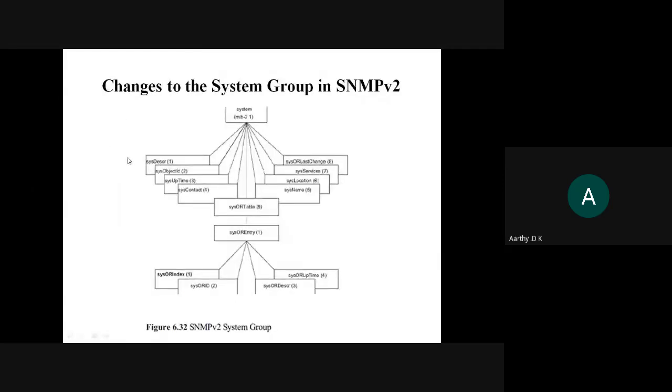And the next one is the same changes that we have. As I told you, we have 11 groups that are added in MIB2, right? So in MIB2, we have 11 groups. In that, these were already available. So 1 to 8, 1 to 9, all these things were already available. And the ninth one, sysORTable, is a new entry. Okay, so this table is used to provide your aggregated table, which we saw earlier, right? We represent the objects in a tabular representation. To do that, we have this sysORTable.